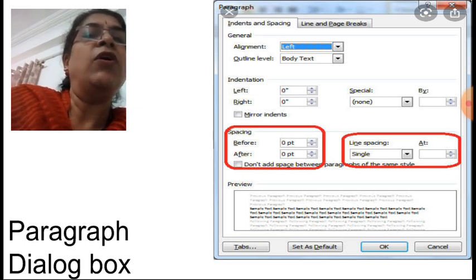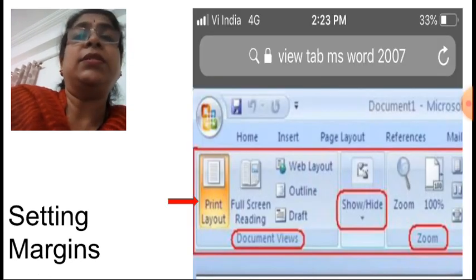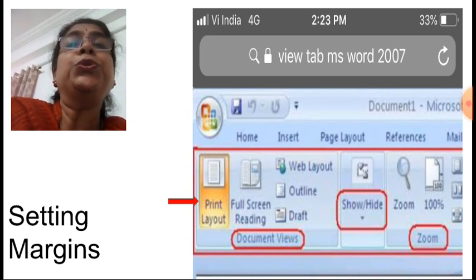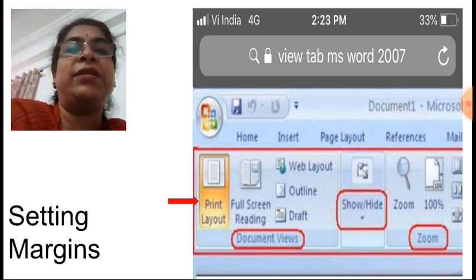After setting all that, you have to click on OK. All this we are doing to make the text more readable and more attractive.